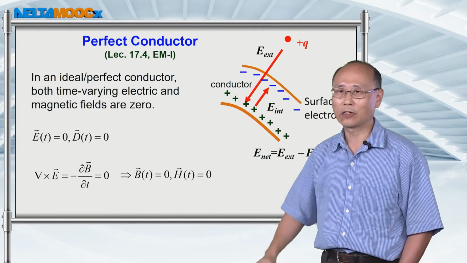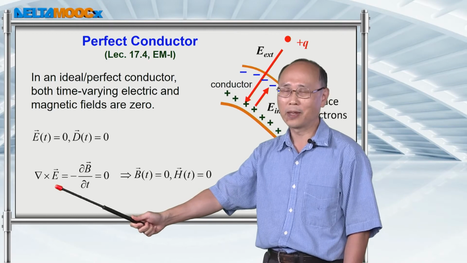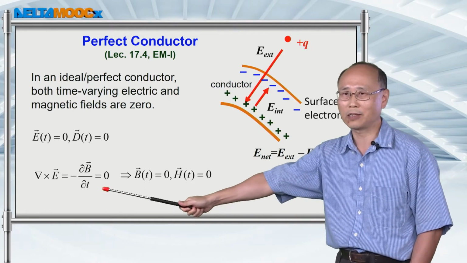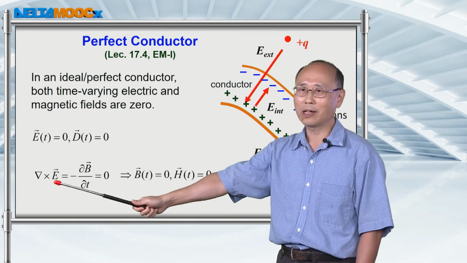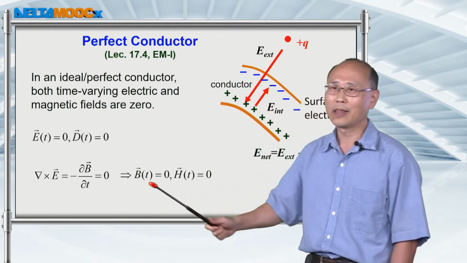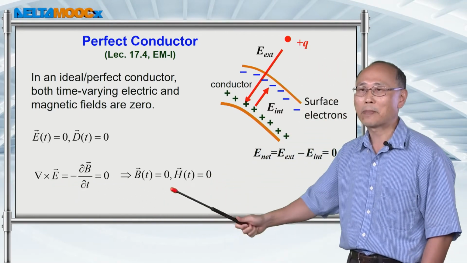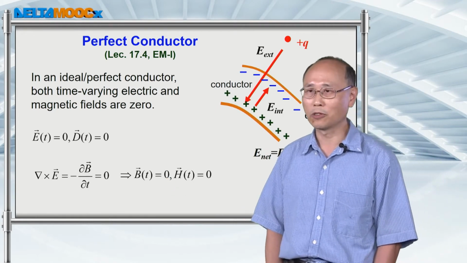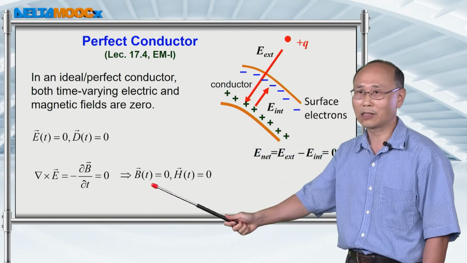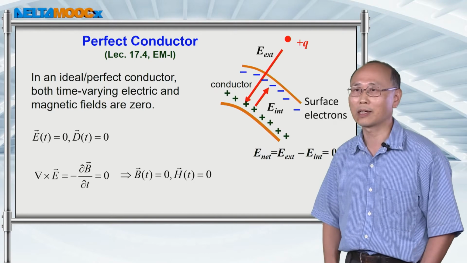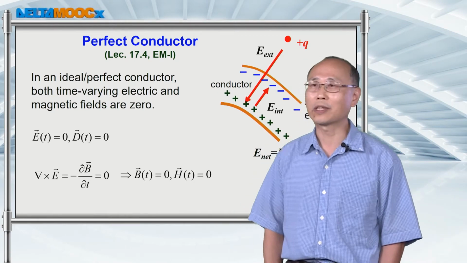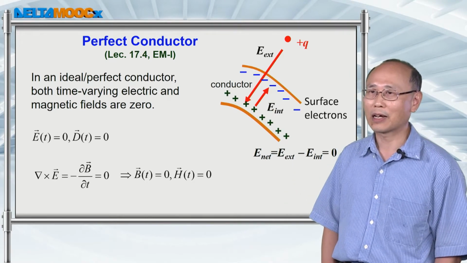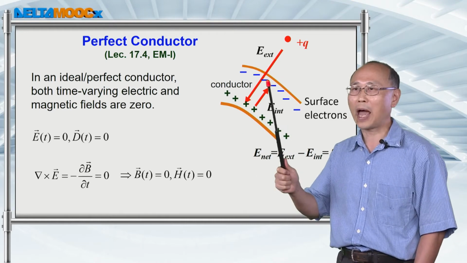But if you use this conclusion in this Maxwell equation, curl of E equal to the negative partial derivative of B with respect to t, and then put this E equal to 0 into this expression, then you also have a conclusion that the magnetic field inside this piece of good conductor has to be equal to 0, provided this is the time varying field inside this conductor. So this page tells you that no field can survive inside a piece of good conductor. So everything will happen on the surface.